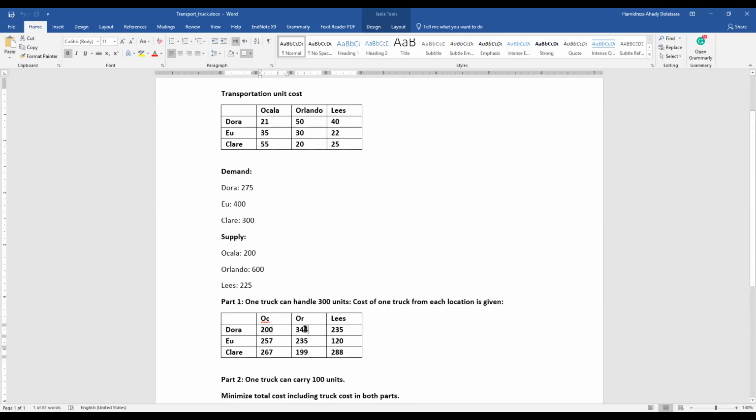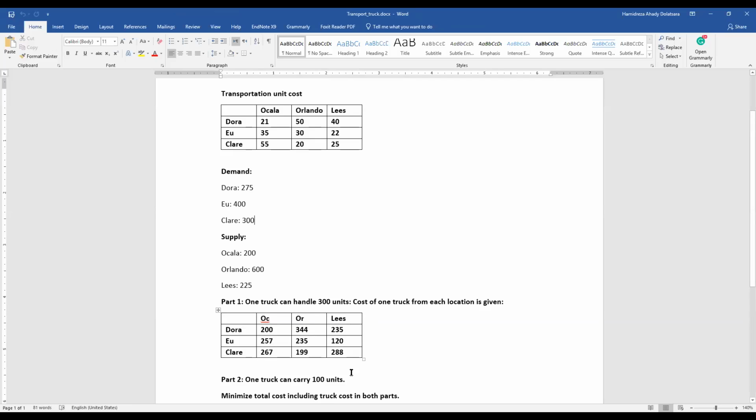Sorry, if you send, let's say, 50 units from Orlando to Dora, the transportation cost is 344,